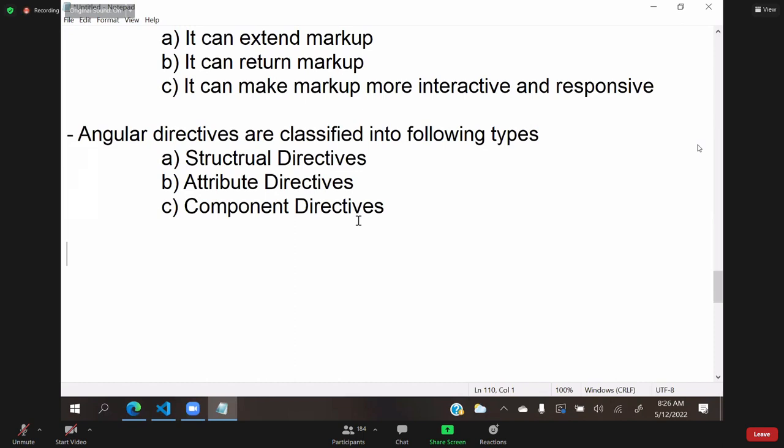What are these? What is the difference between these? What are structural directives, attribute directives, and component directives? First, we will start with structural directives. What is the role of structural directives? How do they work? Actually, structural directives are nothing but